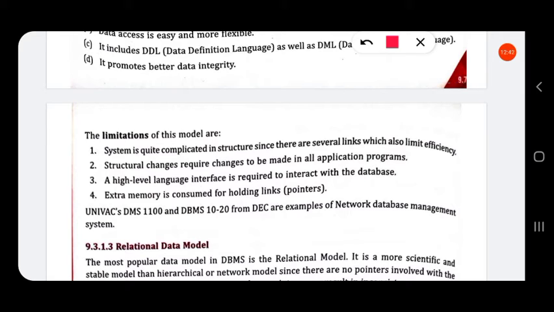A high-level language interface is required to interact with the database. Extra memory is consumed for holding links or pointers. Its examples are Univac DMS 1100 and DBMS 1020. These are the database management systems using the network data model.